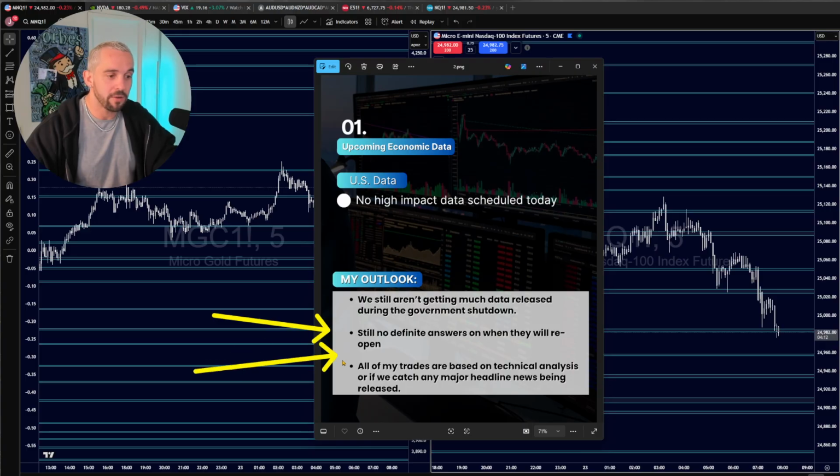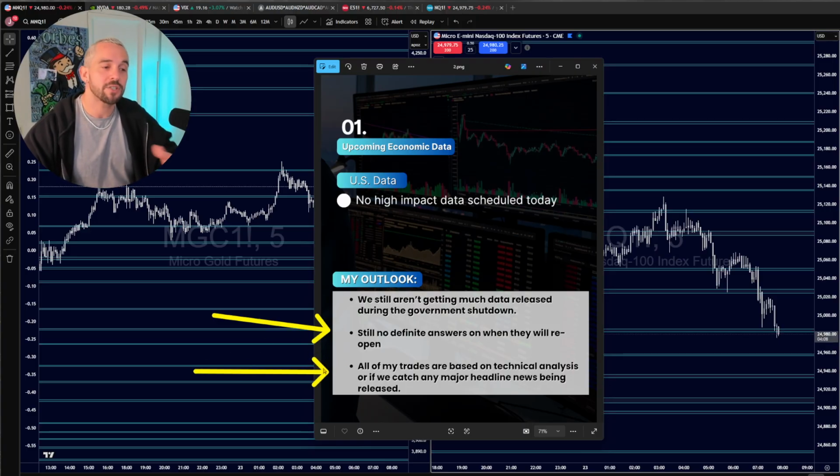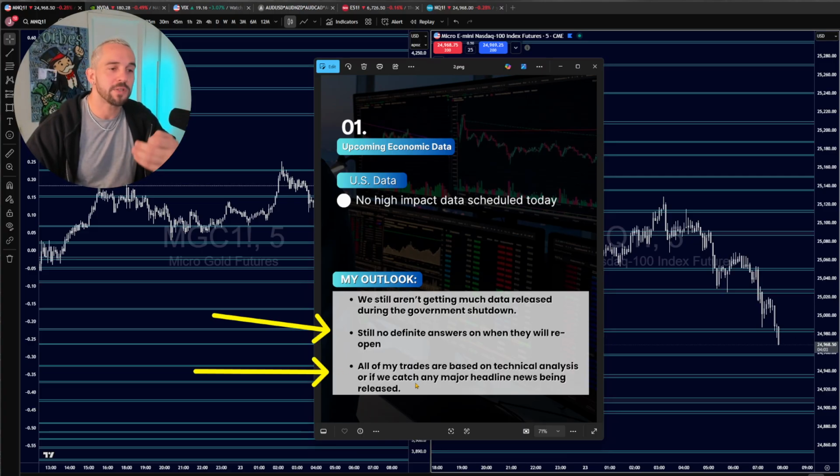All the trades that I'm taking, most of my trades are based on technical analysis anyways. I use fundamental analysis, sentiment analysis and stuff like that to help determine the direction, but the actual entries come from technicals. Like as I'm talking right now, I'm not going to take any trades on this, but